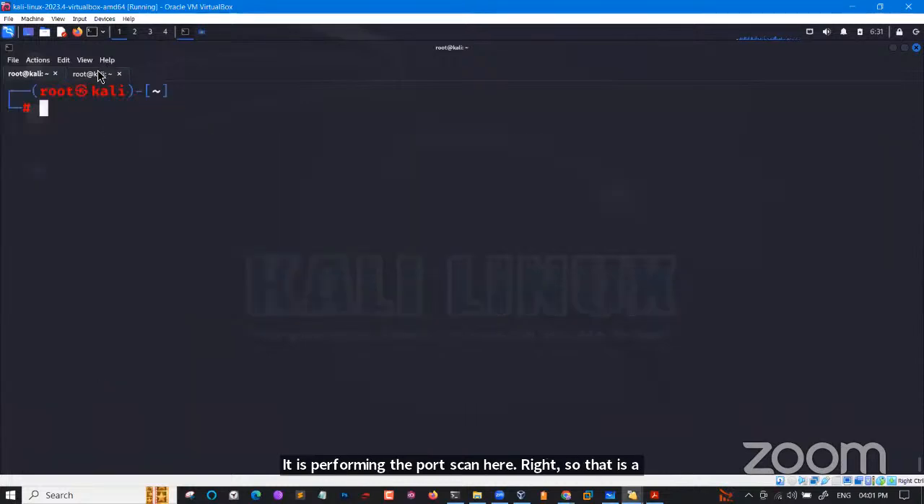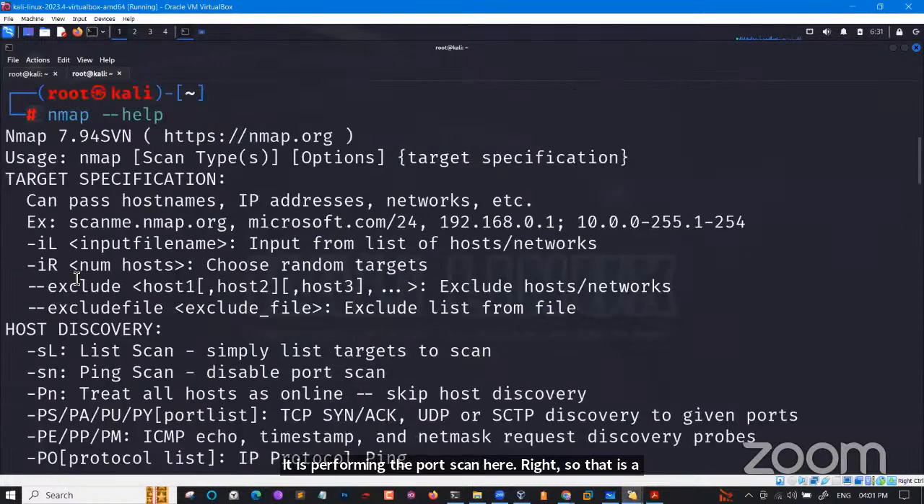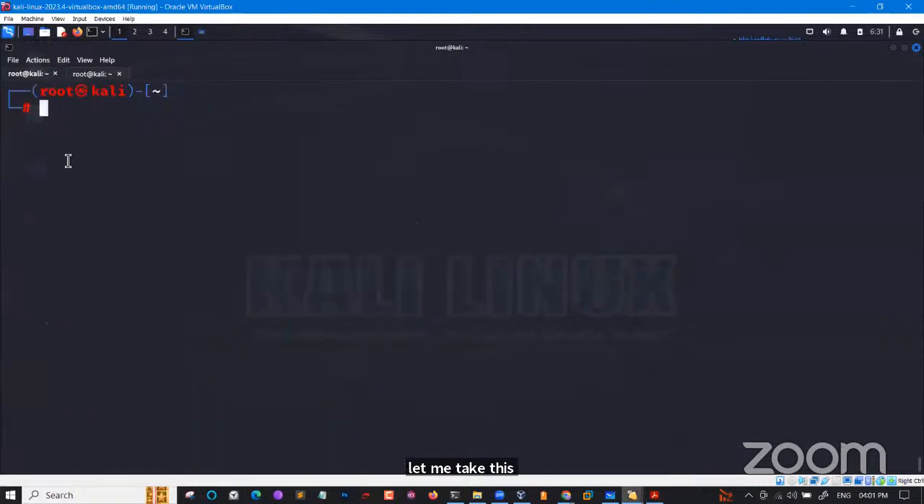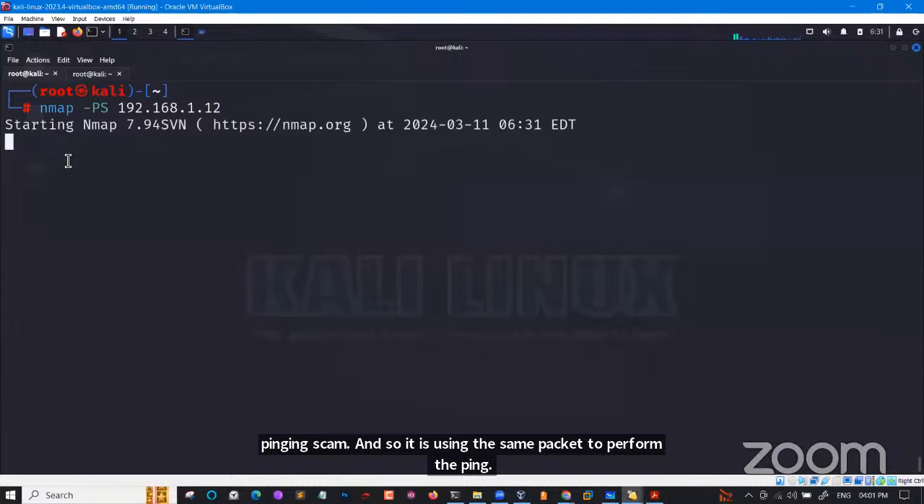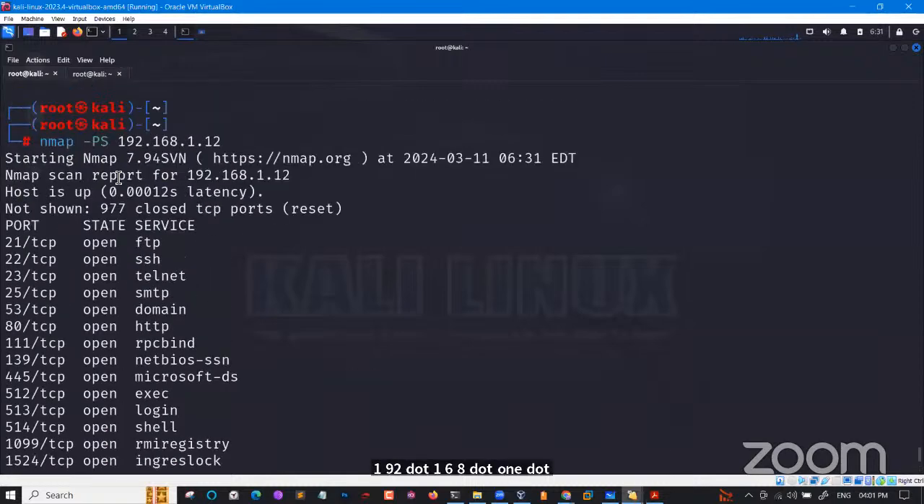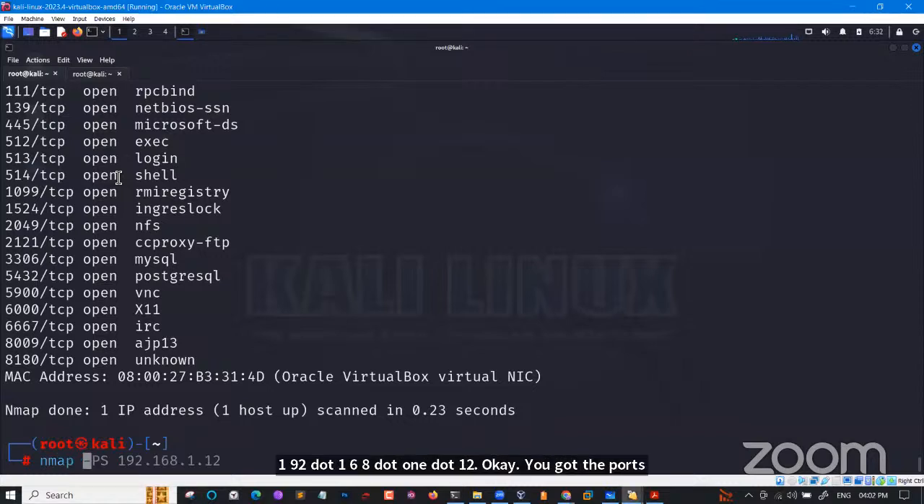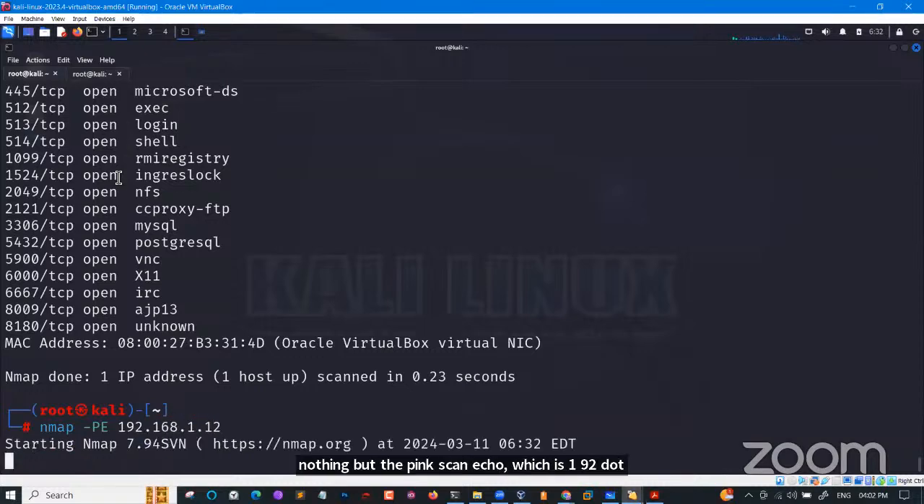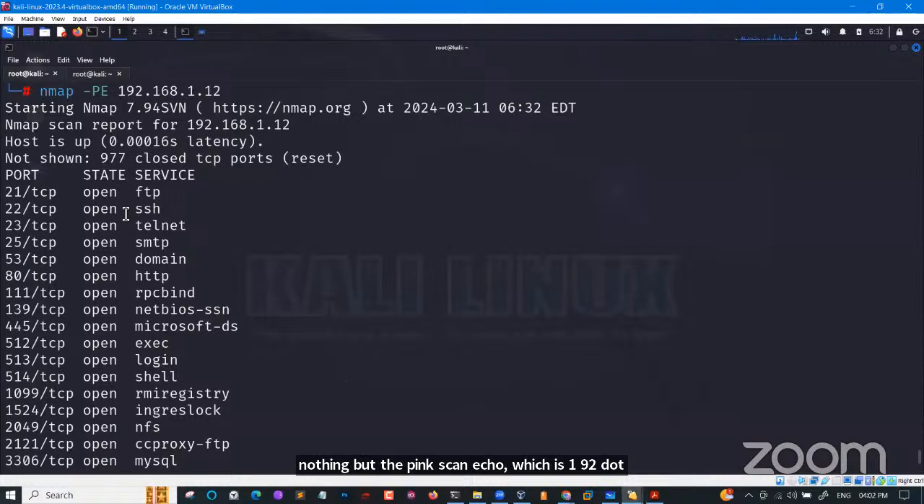And why we are having this, for example, imagine, let me take this host discovery scan only: -PS, -PA, -PU. Let me take that. So when I perform nmap -PS, ping SYN scan, it is using the SYN packet to perform the ping on 192.168.1.12. Okay, you got the ports open. And when I go with nmap -PE, which is nothing but the ping echo scan, on 192.168.1.12, I'm giving the same command. So can you see when I run this command,